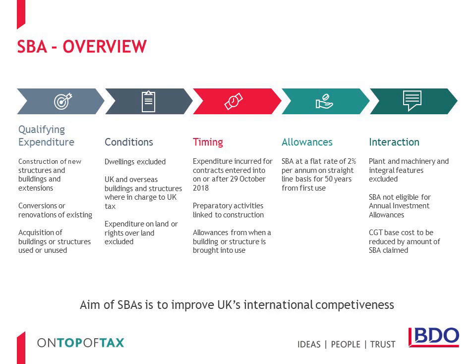In contrast to plant and machinery, expenditure for which allowances are available in the year the expenditure is incurred, structures and buildings allowances are only available when a building or structure is first brought into qualifying use. This will mean for larger construction projects, the actual allowances may only be available many years after a construction project commences and the building is first let or occupied. SBAs will be available at a rate of 2% per annum on a straight line basis, giving relief over a 50-year period.